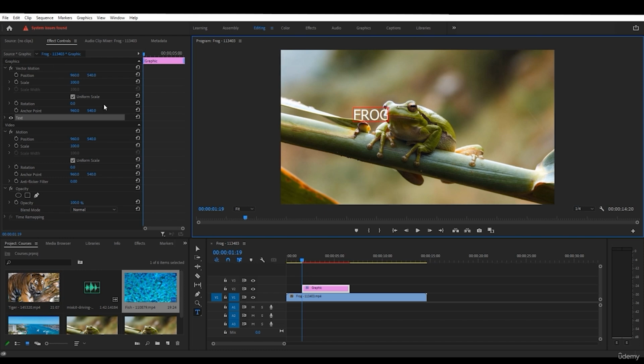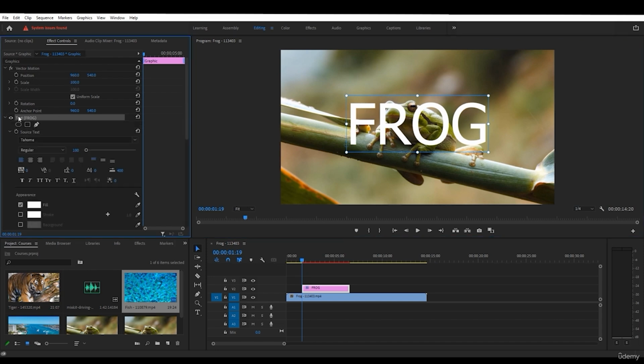Give it some text. Increase the scale of your text. Change its position. Okay, so go to effects control to change the settings of this text, like position, scale, and